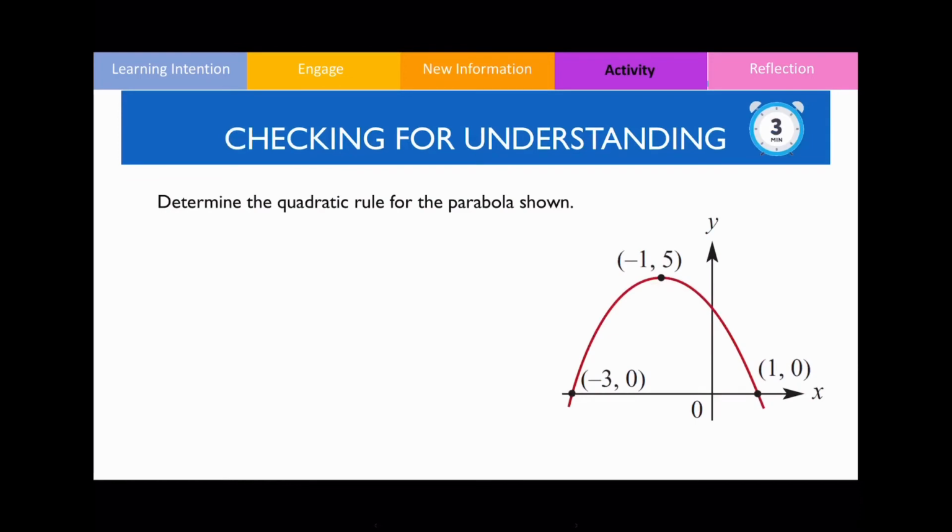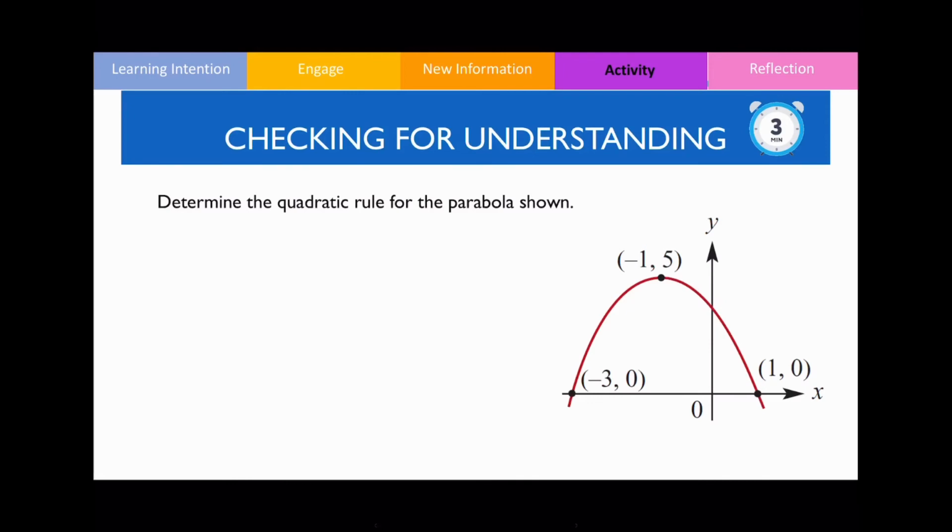All right, guys, for this particular example over here, it's actually quite interesting because notice that in this example, they've provided you with both your x-intercepts as well as your turning point. So you've actually got some flexibility. You can use either the turning point formula or the factorized form. And if you use both of these methods, then you're going to get the correct answer given that you've done